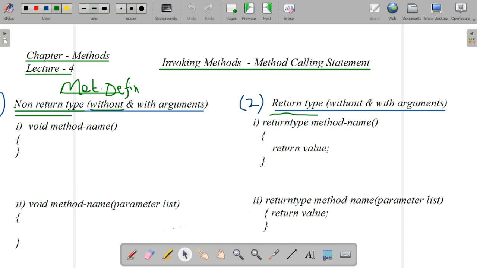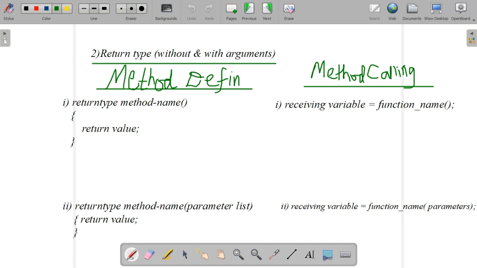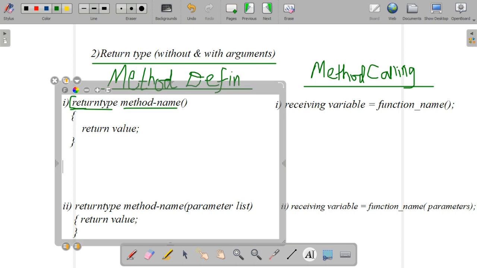Any return type we have to specify. How will we define the return type with or without arguments? So let's see. First we will define a method. When we are defining a method, we should consider the method return type and the method name. Inside the brackets, we will write the statements or the task we will define here. And finally, we will return the value because this is a return type. Here I'm writing an example for that.